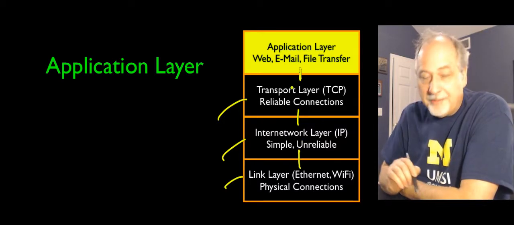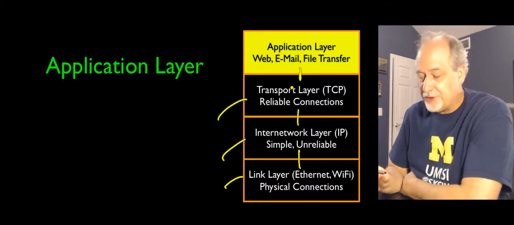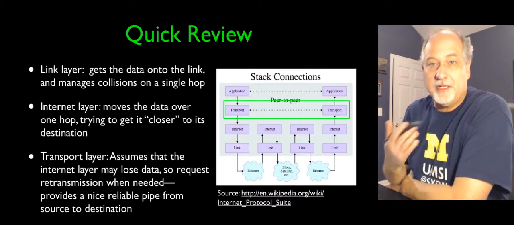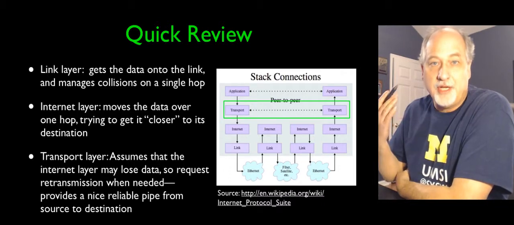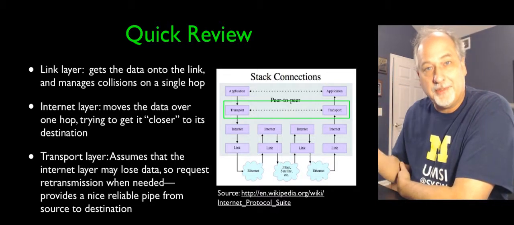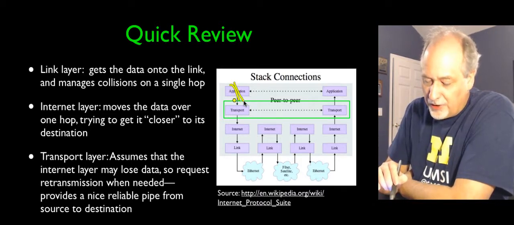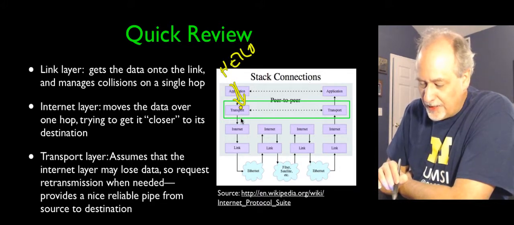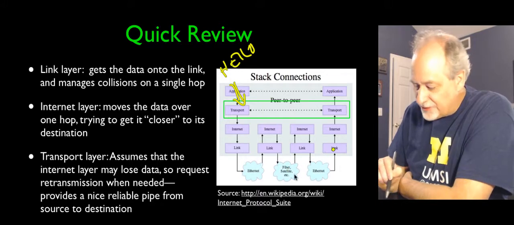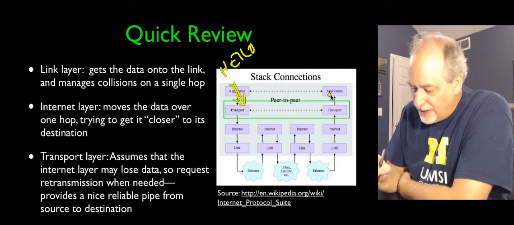And now we're going to talk about the application layer that is going to make use of the services of the TCP layer. The services of the TCP layer are basically to give us a reliable, sequenced, end-to-end stream that can start in one application in one computer and end in an application in a different computer and have a two-way communication. So I can send the word hello from one application, and then all kinds of billions of dollars of hardware, hundreds of thousands of engineers, 40 years of engineering design, and out comes hello on the other end.